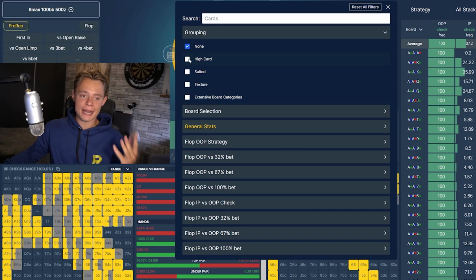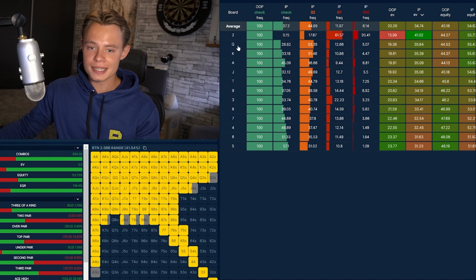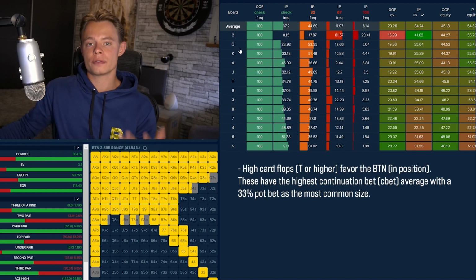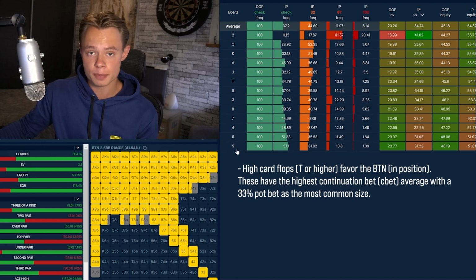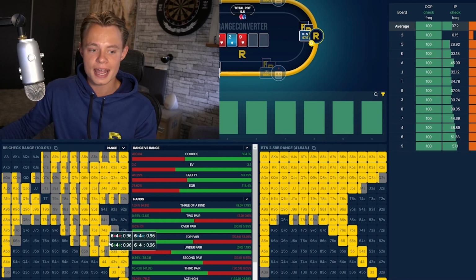Let's first group it by high card. We're going to be sorting it by the in position EV, and what we can see here is that the high cards are in general very good for in position, and the lower cards are better for out of position. And this is because when we look at the ranges, we can see that the big blind has way more